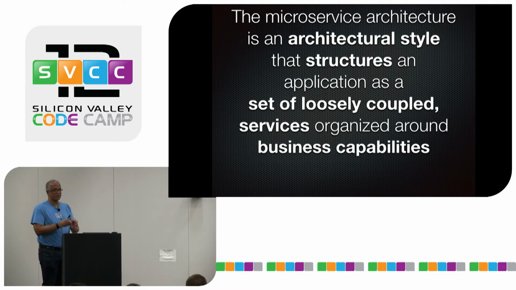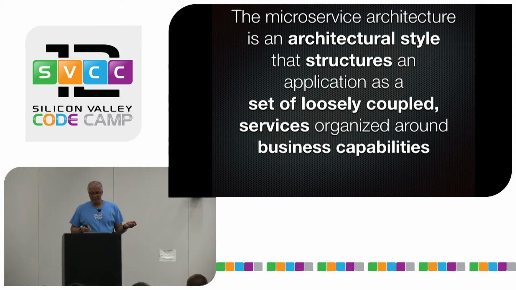And that's another architectural style that structures, in the implementation view, a bunch of services, or executable components that are loosely coupled, so they can be developed and tested and deployed independently of one another. And they're organized around business capabilities, so business functions. So you have a team that's working on a business functional capability, delivering a service that performs that function, and it's recognizable to a business person.